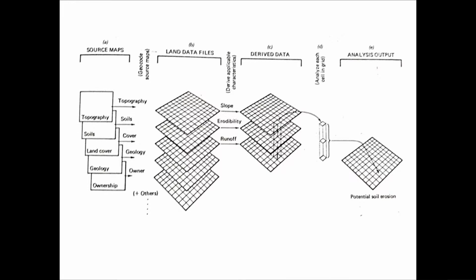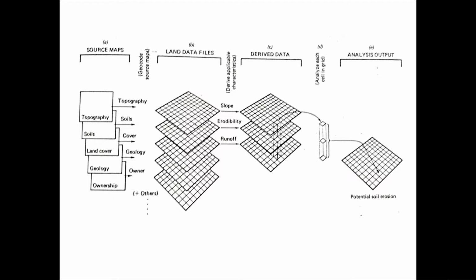You have different data that has been acquired. Using remote sensing systems in the GIS, you have saved data about the topography, data about the soil at the site, data about the land cover at the site, data about the geology at the site, data about the ownership. From these source maps, you can create your land data files. What do you see here? You can see that the whole area is divided into grids, right? And in each of these grids, it is similar to the DNs, digital numbers that we saw, the various brightnesses representing various features or different reflectances, isn't it? Similarly here, suppose you have the topography converted into a grid shaped raster image.